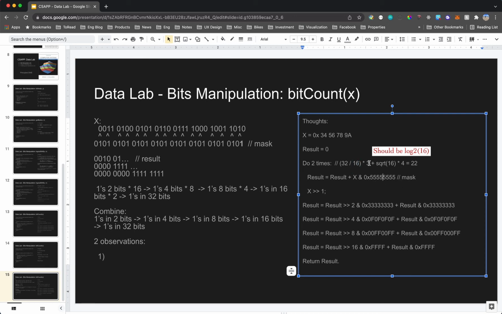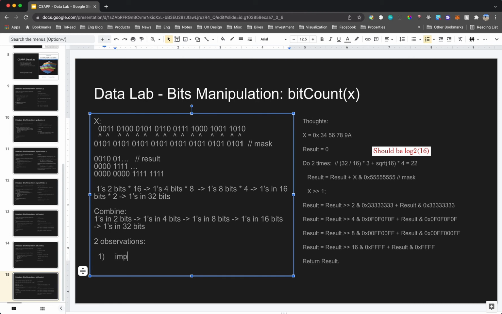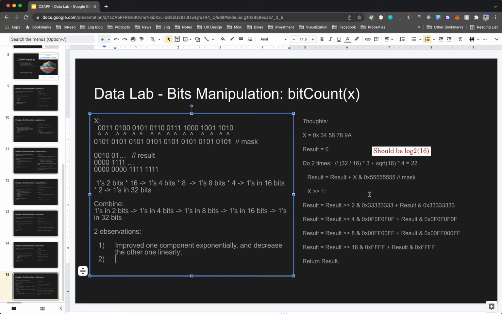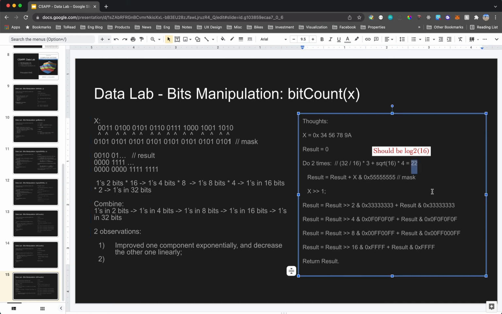So we can say that we actually improved one component exponentially, and decreased the other one linearly. Cool. The second observation is, even though we say overall the compute time is 22 operators, but